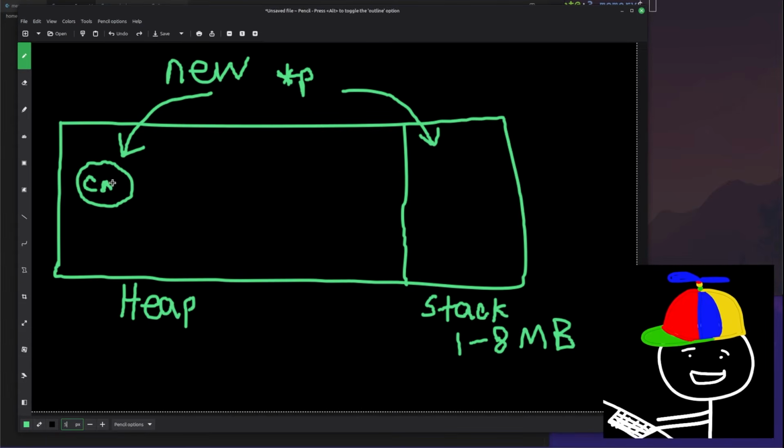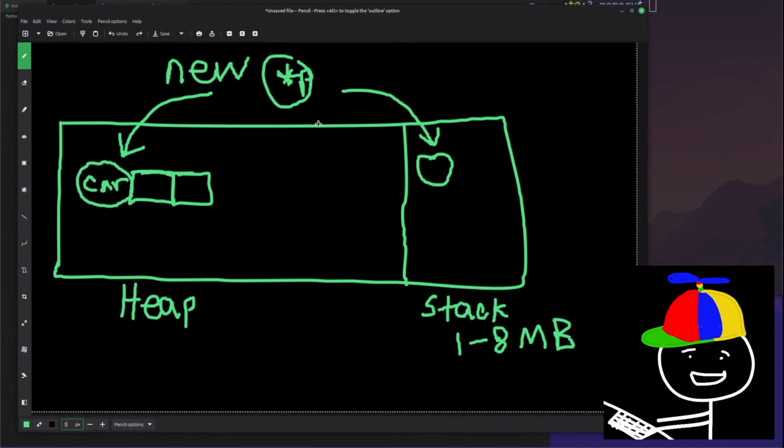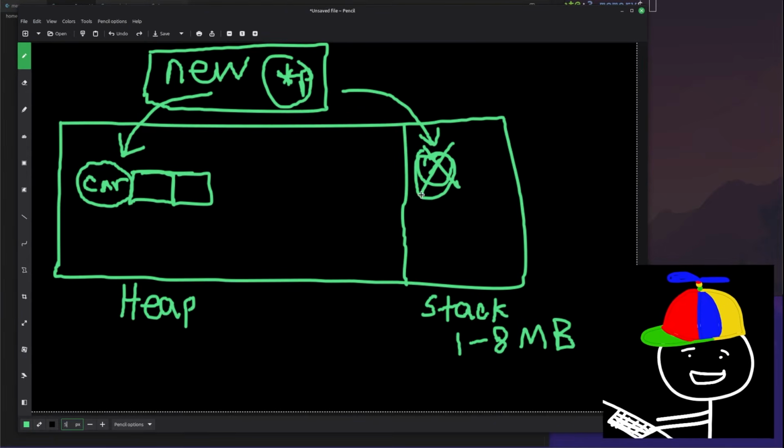So if we were using the car example, the car and its year and its brand would be stored on the heap, while its pointer would be on the stack. And the problem is when the function in which we created the pointer and object completes, this portion of the stack will be deleted and freed for further use.